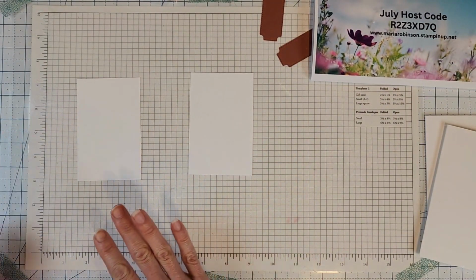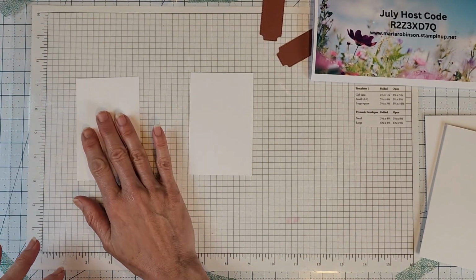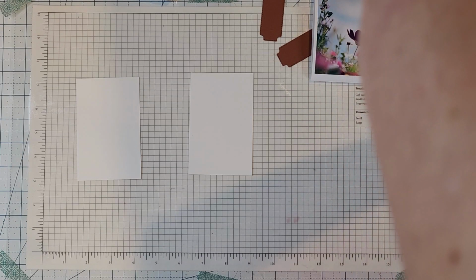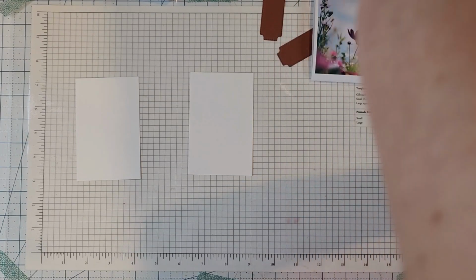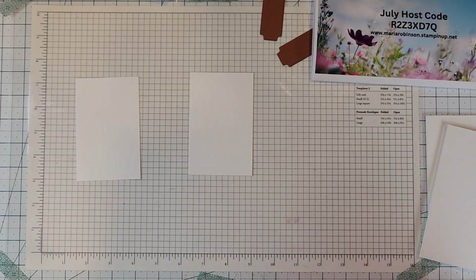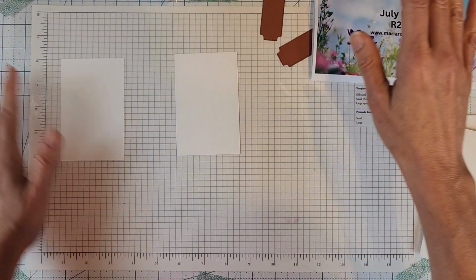So I have 2 pieces of basic white, 2 7/8 by, see, I shouldn't have thrown the 2 7/8 by 4 1/4. I threw out my Post-it notes already, so now I forgot. That's why I put them on here. All right, so let's do